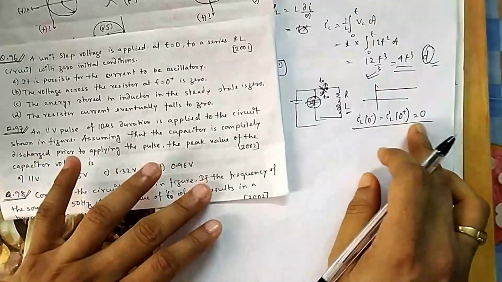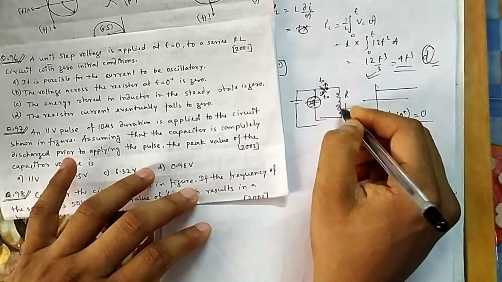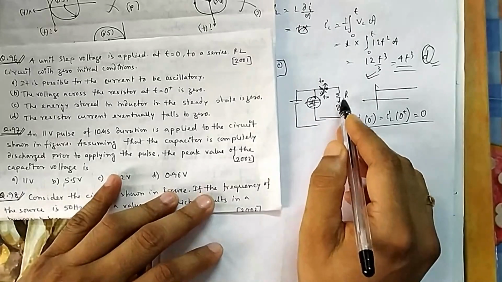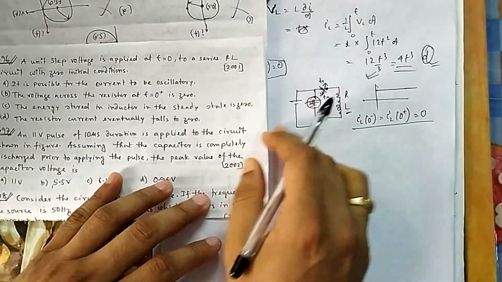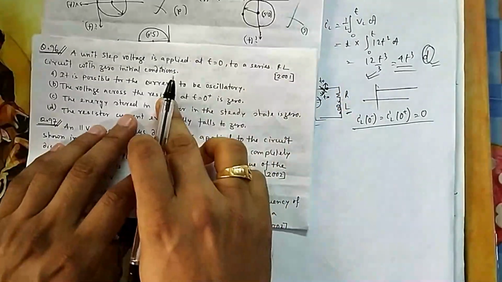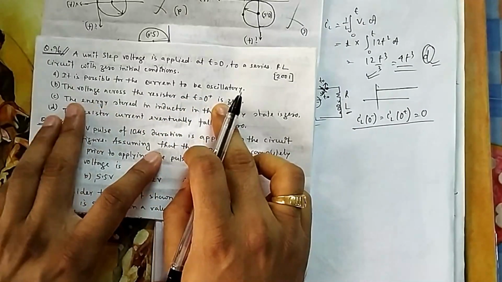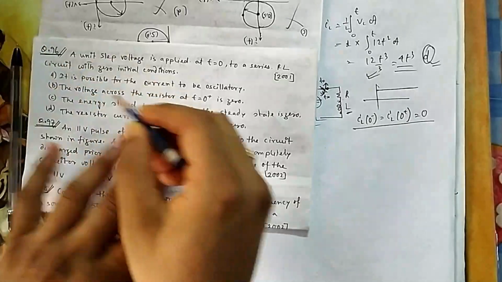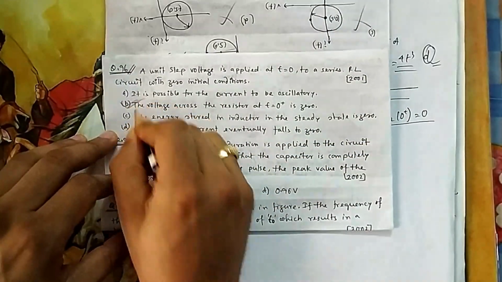Because the current will not change suddenly, at 0 plus this current will be 0, because initially it was 0 current. So through the resistance there will be 0 current flowing because it is in series. So the voltage across this will be 0. So B is the correct option, without saying anything about C and D. So you can think that B is my correct option.